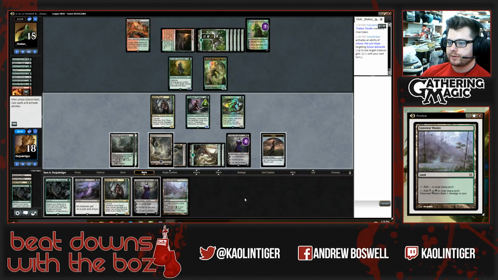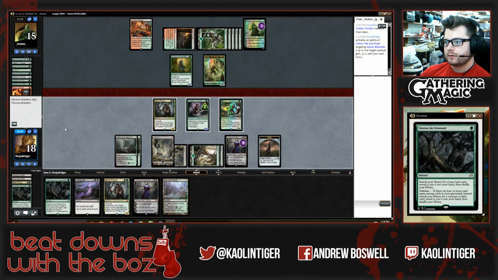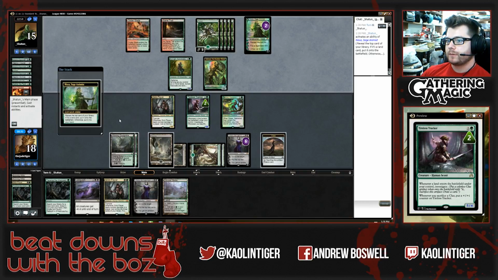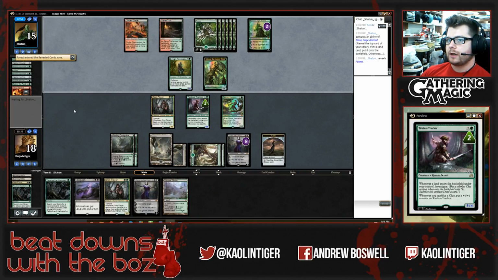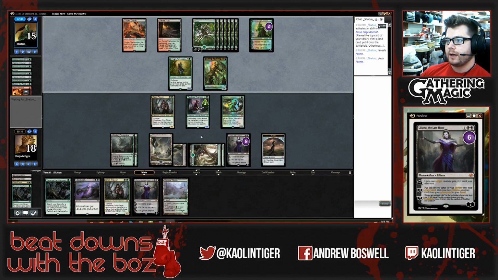Three, 6. And I think I want to save this other Traverse for a potential Emrakul. So I'm letting my opponent draw a free card off of Nissa, but I should be able to hold with this Tireless Tracker, and oh,